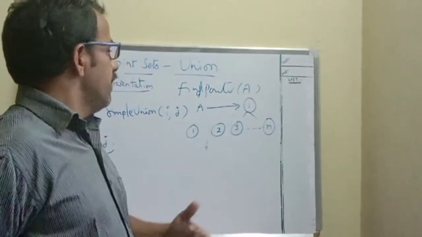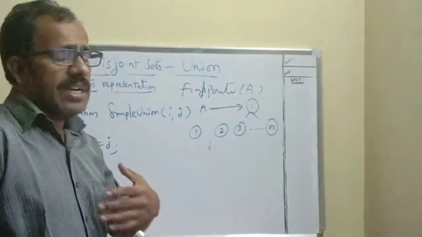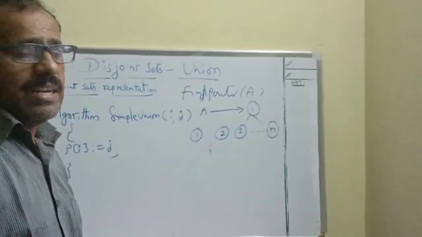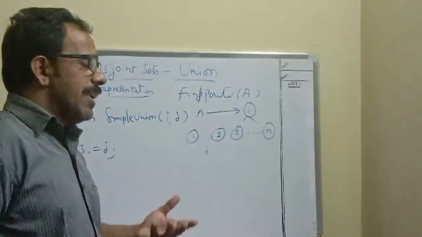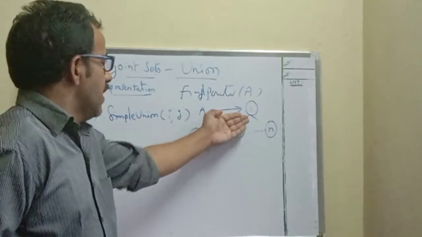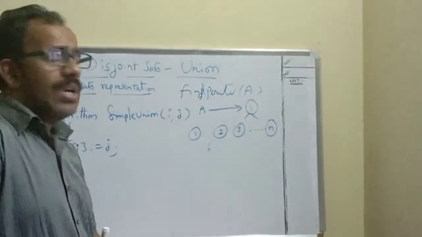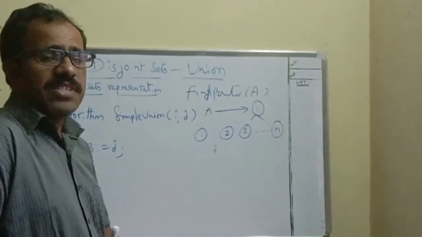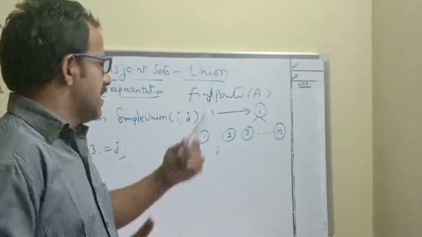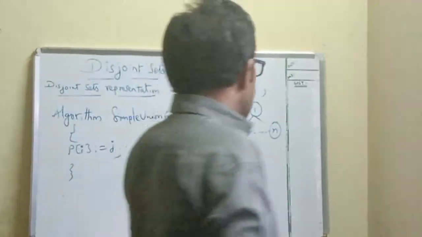But in most applications, the find operation is nothing but displaying the root node itself, because root node and set name are linked to each other in the memory in the data representation. So either find operation is used for finding the set name or finding the root node. Once you reach the root node, we can easily identify the set name, or once you know the set name, we can reach the root node of the respective tree. So most applications use the find operation for finding the root node. Instead of again going to the set name, it is enough to find the root node, and that root node itself is the resultant value of find.